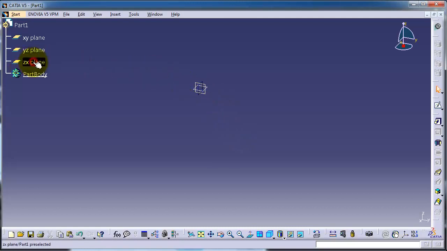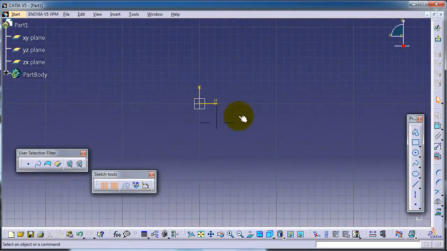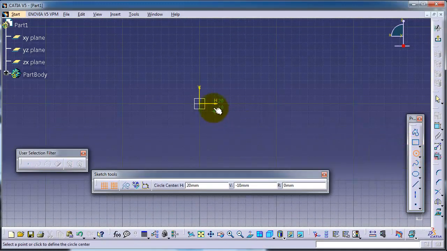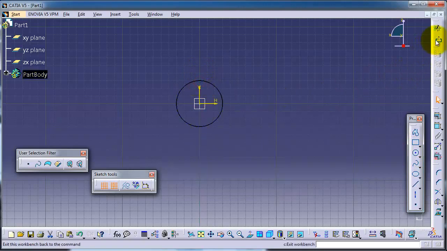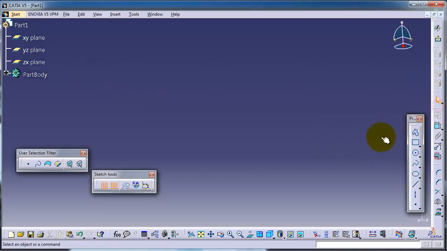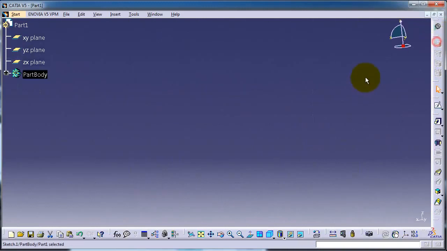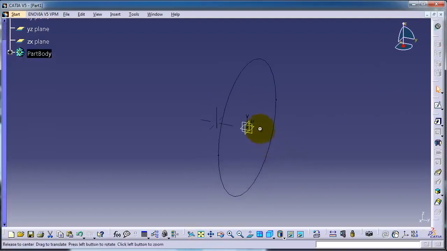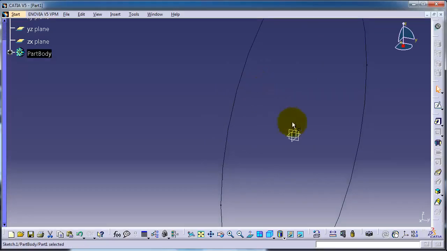And now let's create a profile. Let's sketch it. Let's make a circle. This is the profile which we are going to sweep or rib. And let's choose another plane to sketch. Just to be sure to choose the plane where we want to sweep the